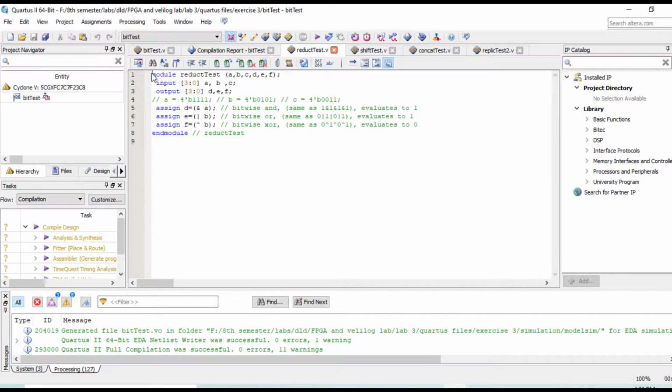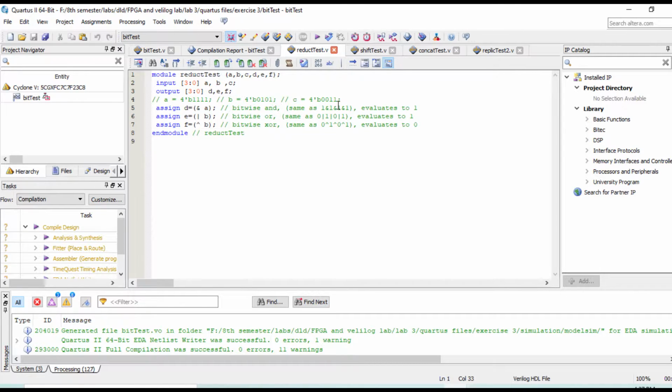Here I declare the initialization command, module reduct test A B C D E F, and here I declare the input, and here I declare the output, and next you can see assign D is equal to bitwise AND of the value of A and B. If A and B are both 1, the result is 1, and it's very easy in the AND gate operation.